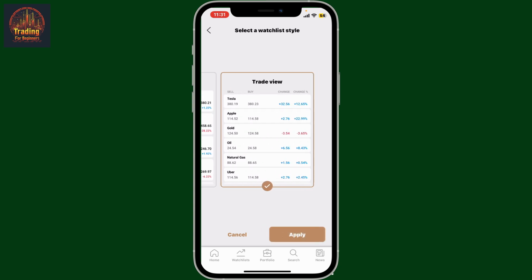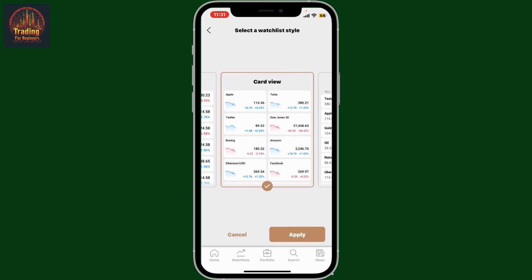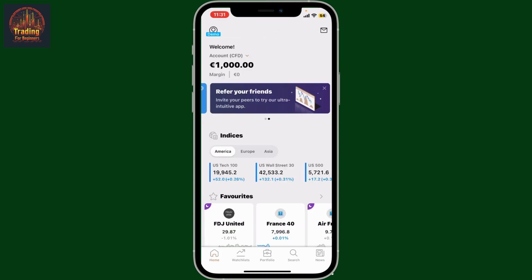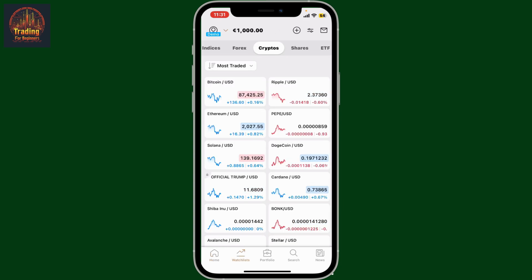Go ahead and select the style that you'd like to use for your account and click on Apply at the bottom. Right after you do that, you can go back to the Watchlist tab and see that you have successfully changed your style. Keep customizing your view for better trading insights, and that way you have successfully changed your watchlist